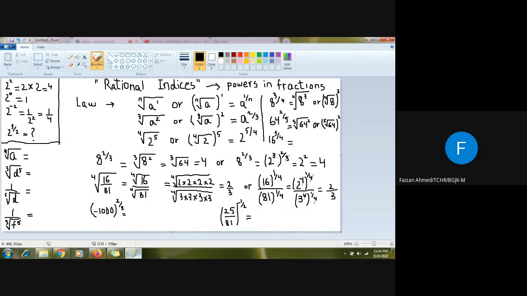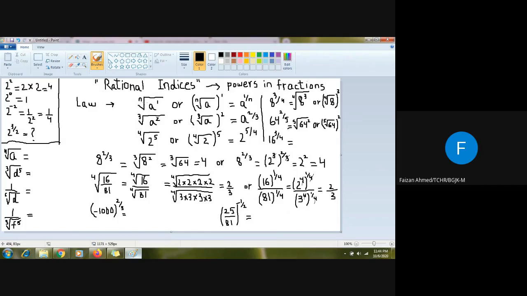First of all, we have to understand this sign. This sign is basically the radical sign, and this is also called a root sign. Sometimes if a 2 is written over here, it becomes a square root, and sometimes if a 3 is written, we call it a cube root. And whenever 4 is written, it's a fourth root, then fifth root, sixth root, and so on. So this is basically a radical sign or a root sign.